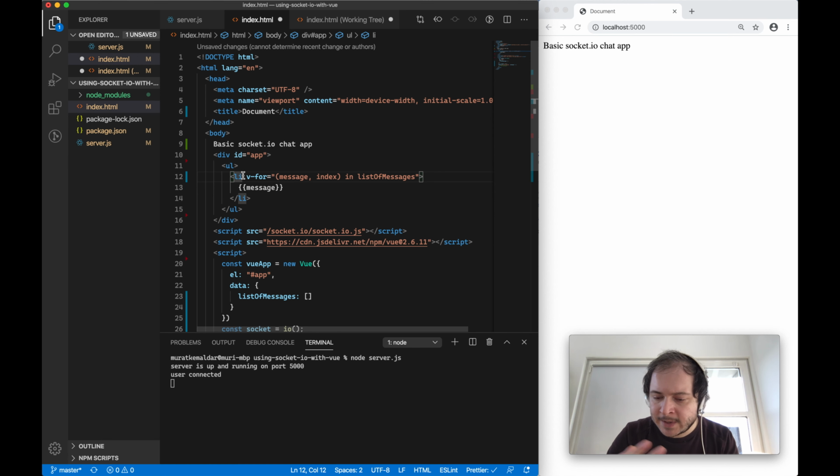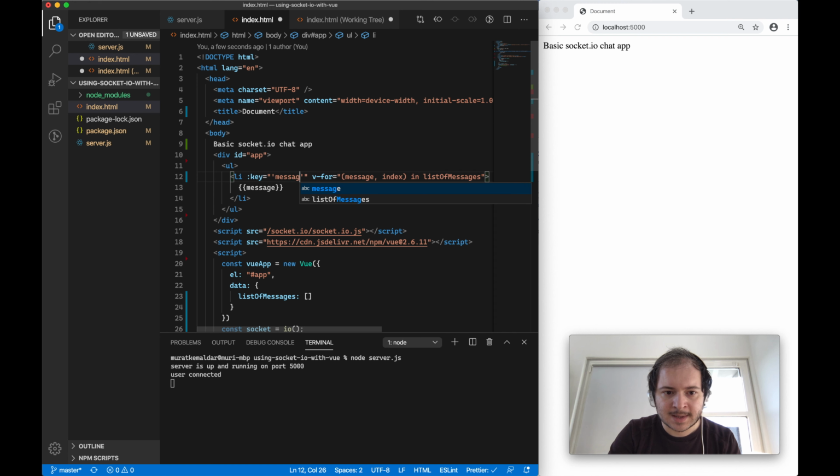And when rendering a list of items, it's also always good to add a key to this list item so that Vue.js doesn't complain. So now the key is going to be for me just the message string plus the index of that message for now. So if I save that,